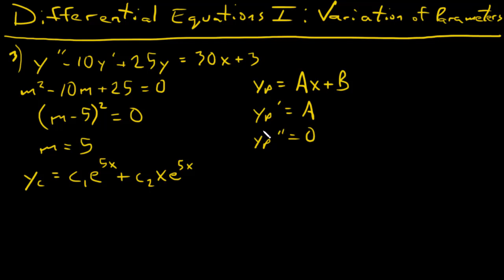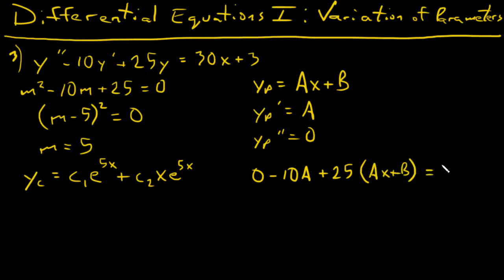Okay? So now I can plug that in to this differential equation up here and have y double prime 0 minus 10 times my y prime, which is a, plus 25 times y, which my y is ax plus b,